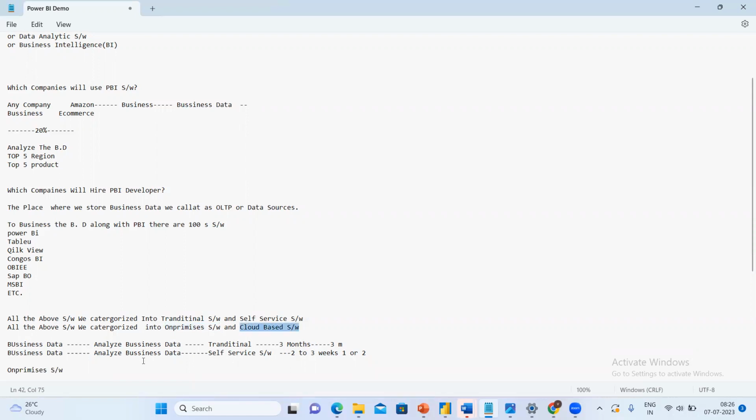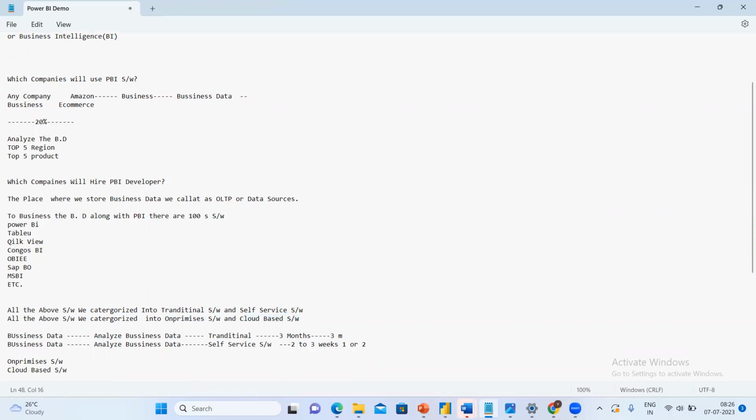You will easily understand. If your data is stored on your local machine, that is on-premise data. Or if your data is stored in SQL Server, that is on-premise. If your data is stored in Oracle, on-premise. If your data is stored in IBM DB2 or anything, these are on-premise data sources. On-premise data sources means the data will be stored on some server. For the servers, you need to have the physical requirements, meaning RAM, ROM, whatever physical infrastructure should be there, security should be there. All the things you need to maintain.